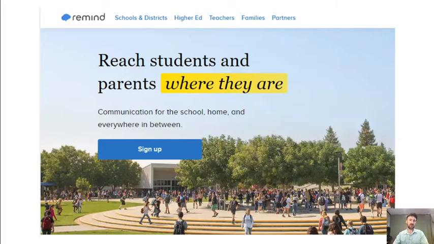I use Remind to contact students and parents. This is a communication tool that I basically use to push out information to students, whether that be some information about assigned practice or just class notes. It comes to you in a PDF form, and then students can actually use this to communicate back with me. If you reply to any message, or just initiate a message, you can take a picture of the work that you are puzzled about and then send that to me.